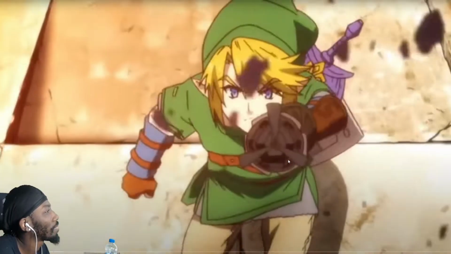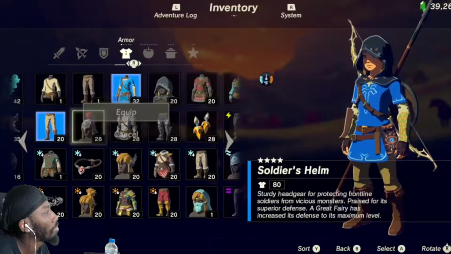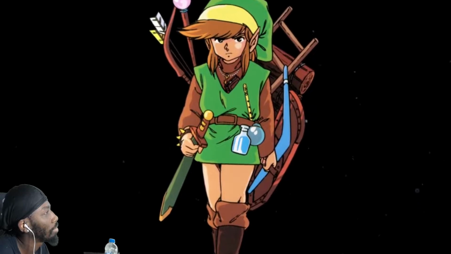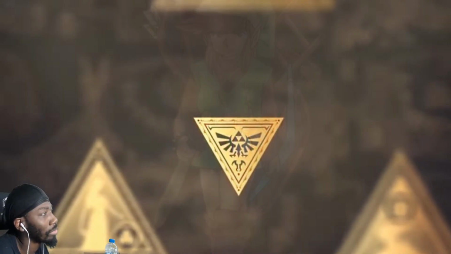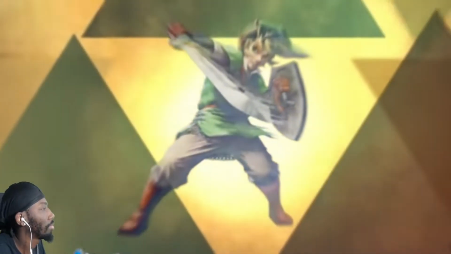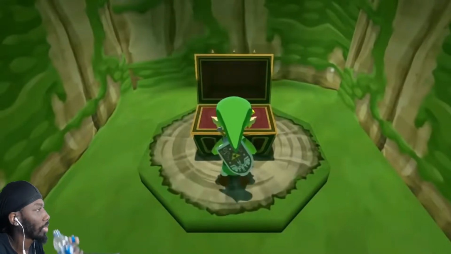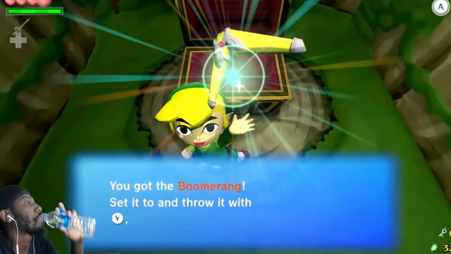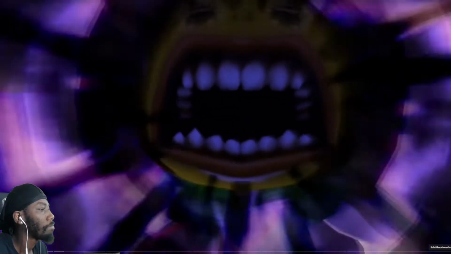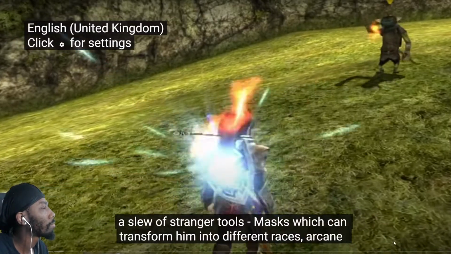Bombs, hammers to hook shots, even iron boots, suits of armor, Pegasus boots, spare swords, ladders, and rafts. Throughout the series, Links have obtained a monumental amount of different items during their adventures. Of course, there are the classics, the trademark tools that Link acquires in nearly every game, but there's also a slew of stranger tools. Masks which can transform him into different races, arcane armor that...